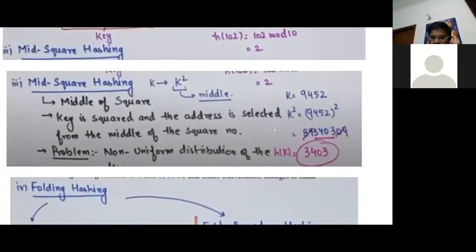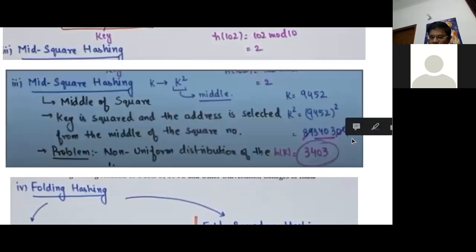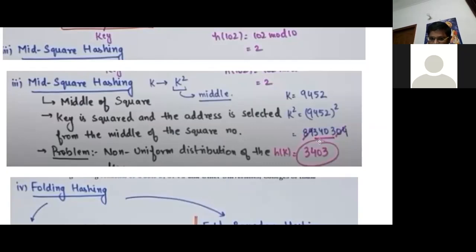You have to find the middle of the square. Initially our key size is 4, so you have to find the middle number of size 4. The total length of this integer is 1, 2, 3, 4, 5, 6, 7 and 8, so the total length is 8.